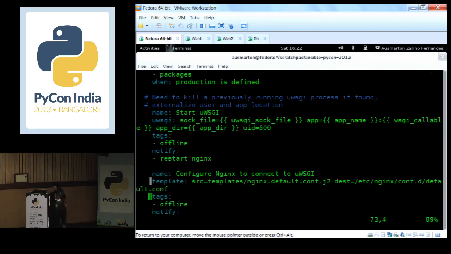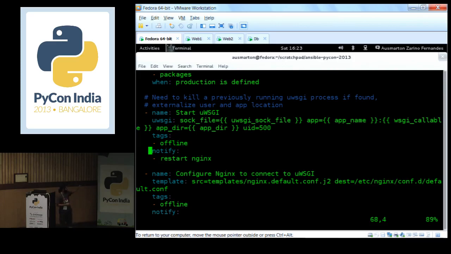I was talking about notify handler in the previous slide. Sometimes you might want to do a certain task. In this case I'm starting a WSGI application, and I want to restart Nginx after the WSGI application is started, so that Nginx is able to redirect the request to this application.